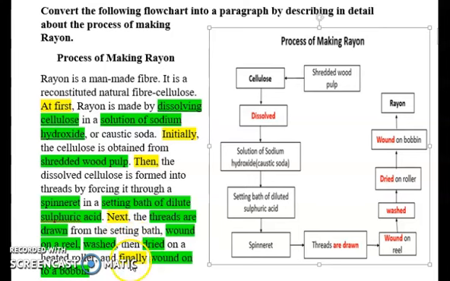So moving on to the final sentence, finally wound on a reel. So finally, lastly, at the end, at last, all these are sequence words that you can use here. Don't you find it easy? It's very easy to convert from a flowchart to a paragraph or from a paragraph to a flowchart. Keep in mind that underlining the keywords and using the correct sequence words will definitely fetch you good marks.